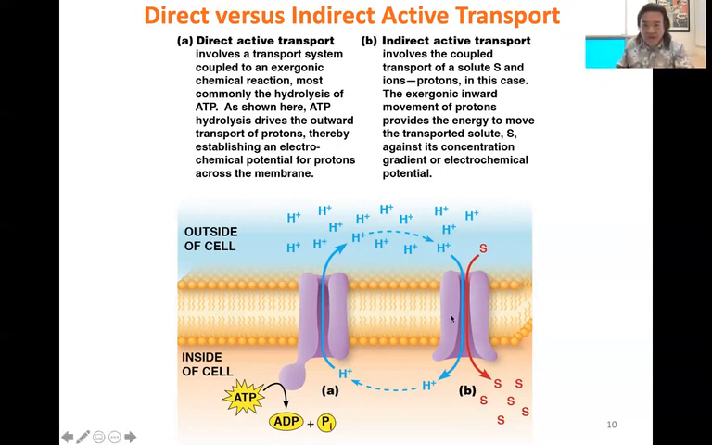So here we have two examples of two different transporters. So these are two different proteins. Okay. The one on the left is an example of a direct active transporter. It's kind of the easiest, most intuitive one to think about. Here we have, just like with the sodium potassium pump that we looked at before, right? This protein is the right shape to bind something like ATP, and it causes the breaking of that high energy